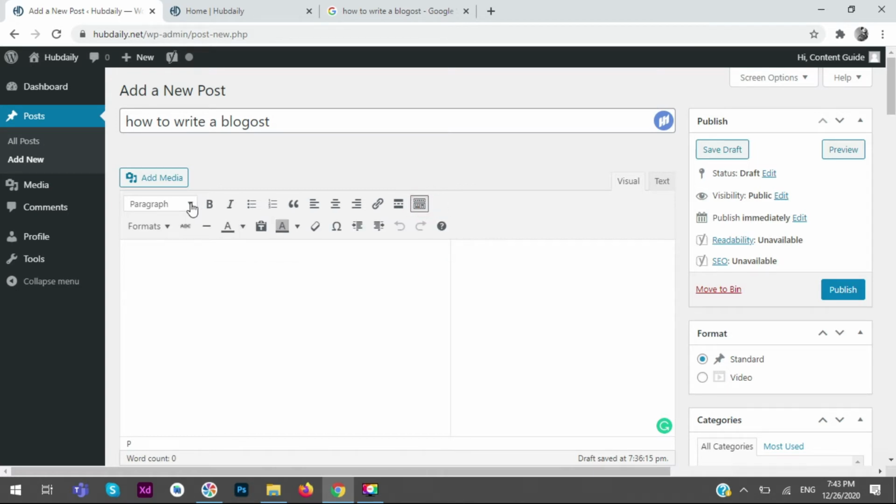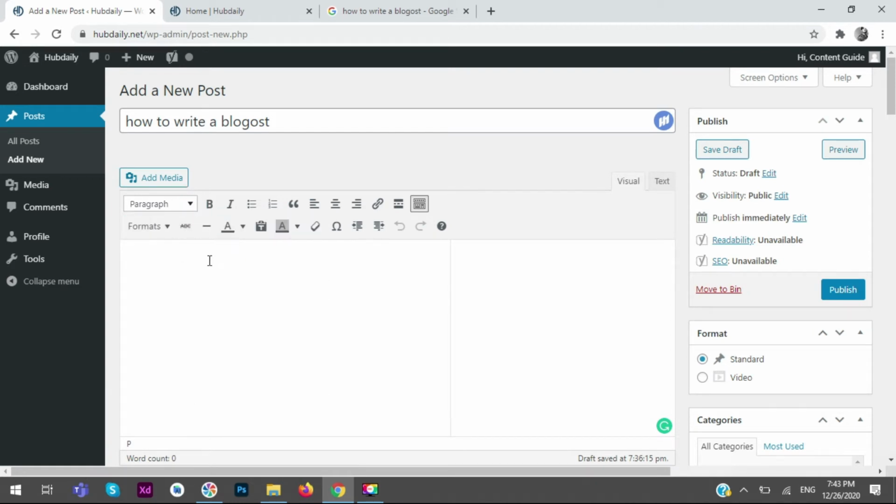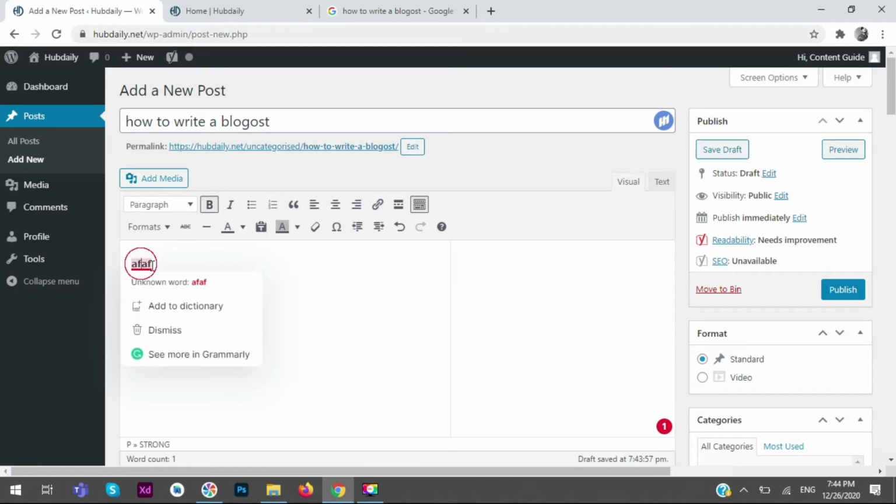This one is paragraph. Simply, you can add a paragraph from here, or you can write any text and give it a paragraph form. This one is for bold, to make some text bold, or you can use the similar shortcuts which are already given in MS Word. Control B, you can use Control B for bold, like I am doing here. This one is bold now. Or you can make it italic by pressing Control I. This one is italic as well.